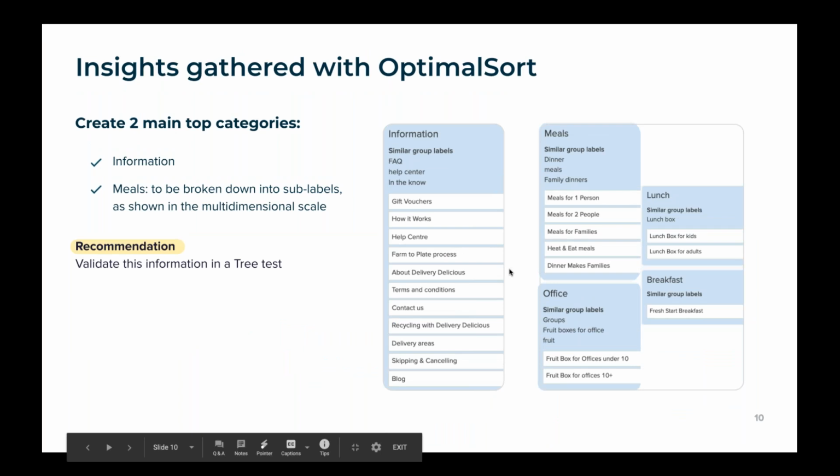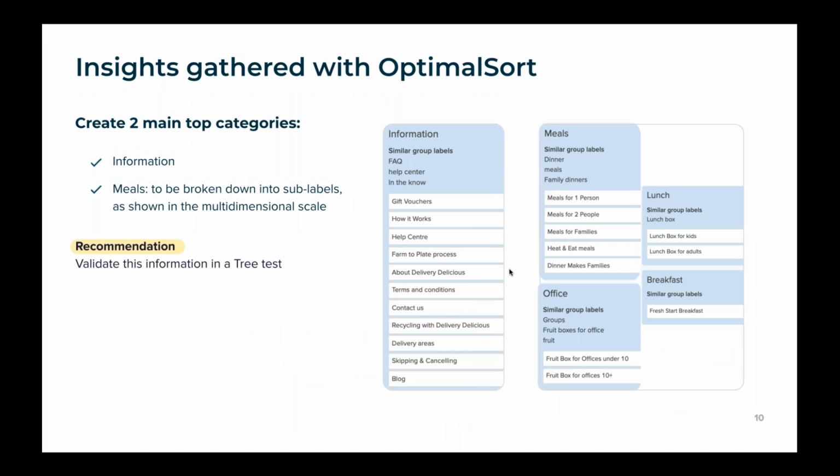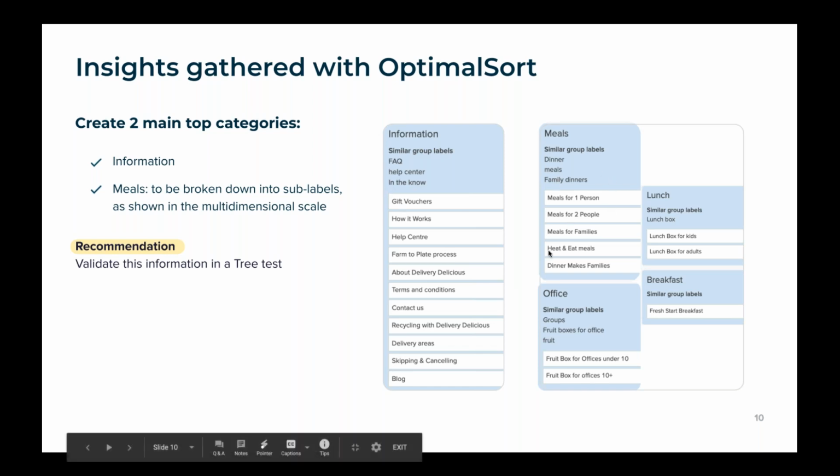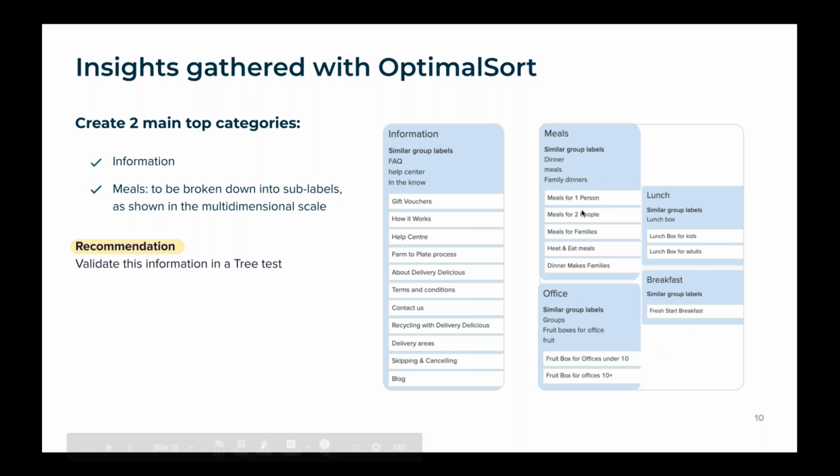Cool, thanks for bearing with me. I know that card sorting results can be a little bit long-winded sometimes, but again, because they're sort of exploratory, there's lots of different ways to crunch that data. What did we learn from that? Well, when I was reviewing this information, creating this demo here, it looked like there were 2 main content categories. We'd had information with all of this data, and then all of the products that were available to buy across the page. Sometimes were grouped all in one category, but were also commonly broken down into a little bit more detail. And sort of, you could run with that, or you might want to test it in a tree test to validate how that works in an actual live site as well.